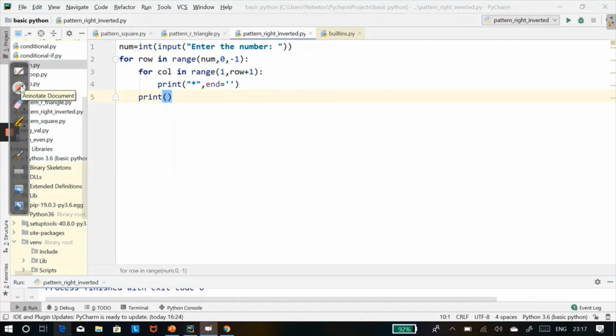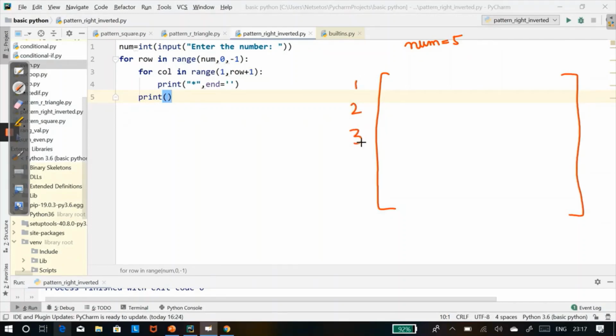So for this, if num is equal to 5, we will see for the same num equal to 5 first. And we will make a matrix for which rows are 1, 2, 3, 4 and 5. Similarly for columns also. Now we will start with for row in range, num equal to 5.